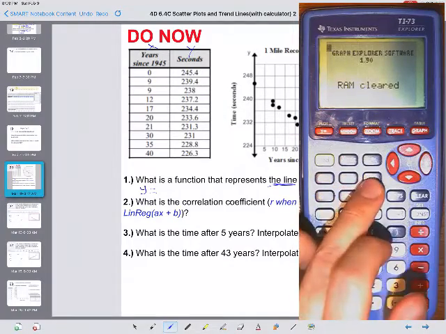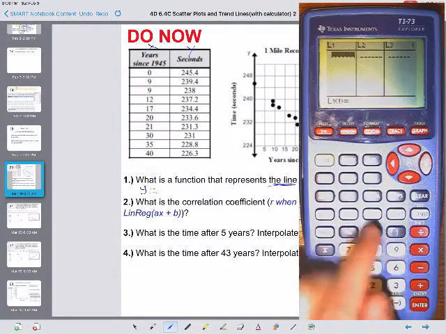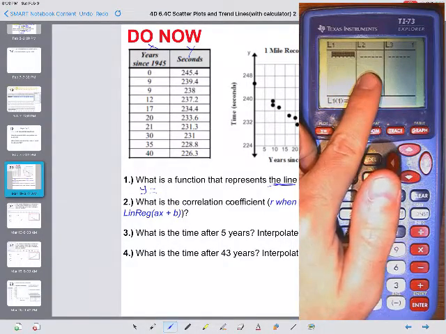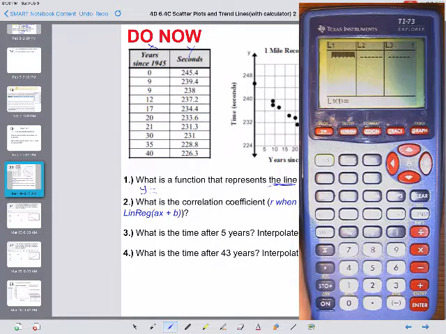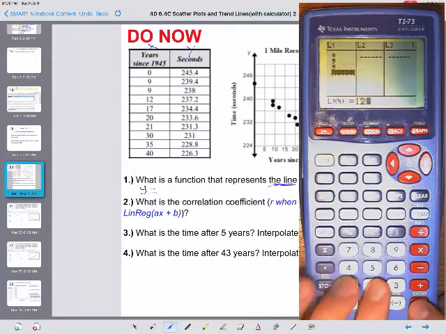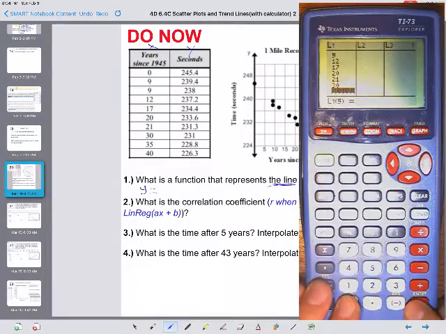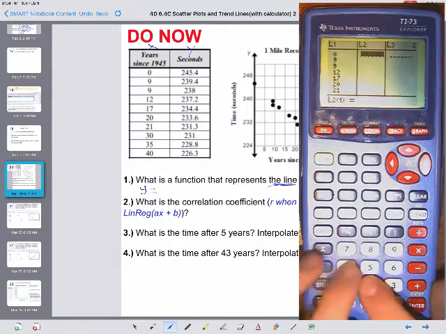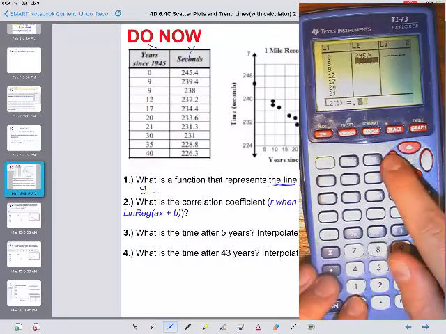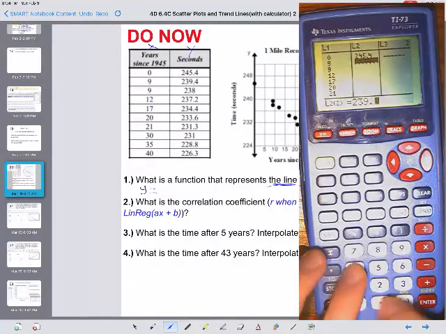So go to list. I'm going to be typing my x values into list 1 and my y values into list 2. So this is where I'm going to speed up the video, and I'll get you started, and then you can follow along hopefully. So I got 0, and then I've got 9, 9, and also the y values going into list 2, 245.4, 239.4,